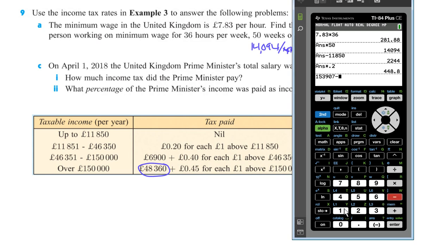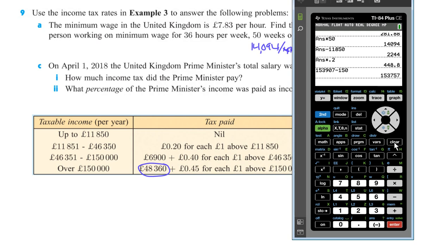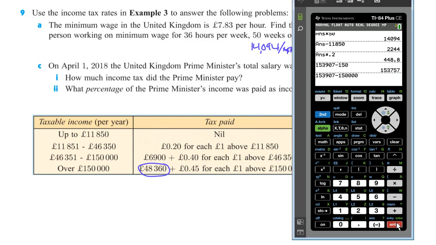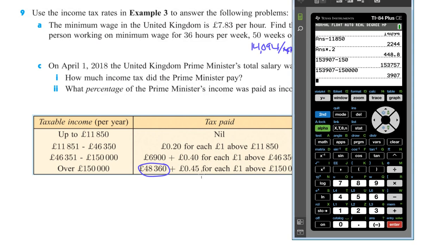153,907, and we subtract the 150,000. I forgot several zeros. There we go. That means that they got taxed 45% on the remaining 3,907. So we take that, multiply by 0.45,